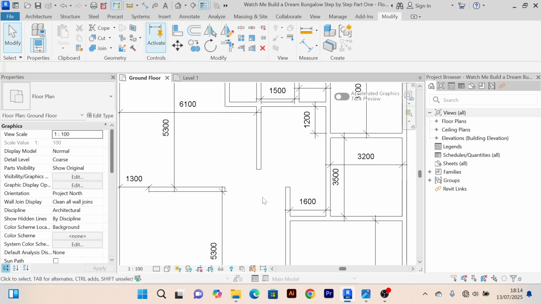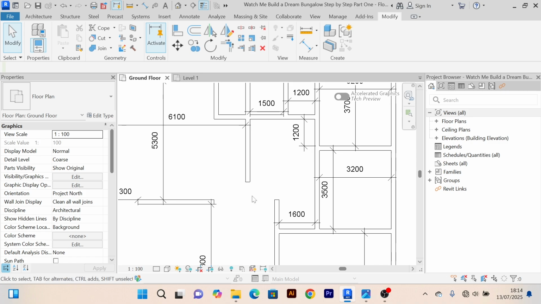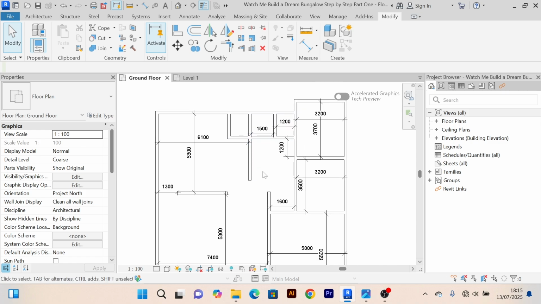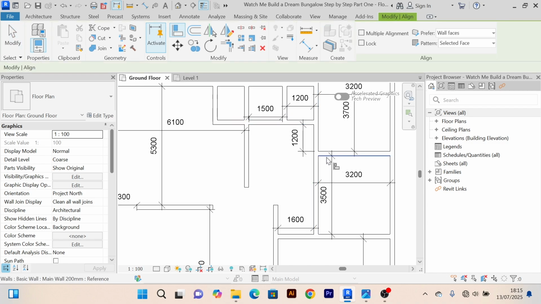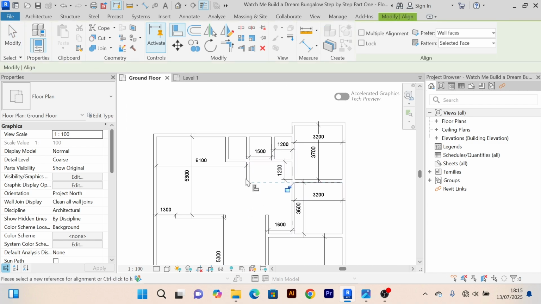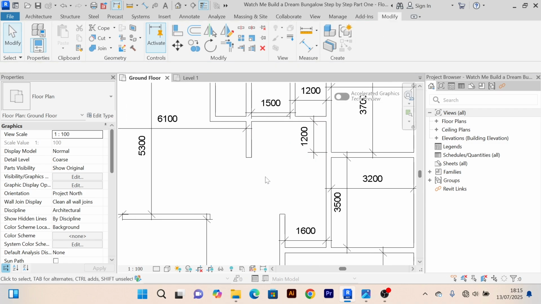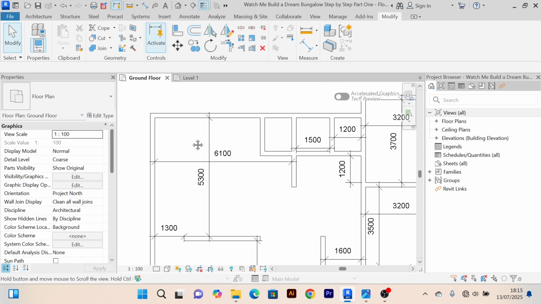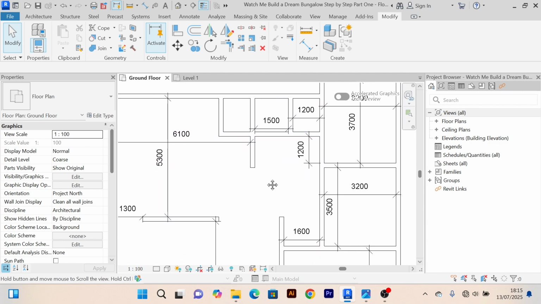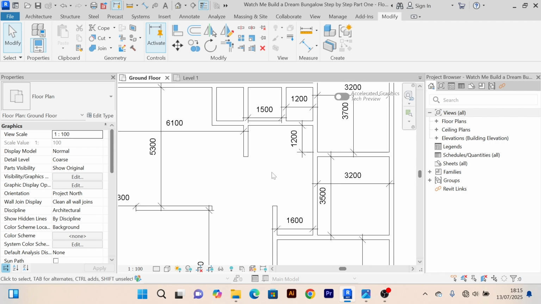But I think we shall still need to bring this one. So I need to bring this one. I will extend it that way. No, we'll bring it here, because I still don't see. Let me align it with this wall here. So I'll come to the align tool. I'll click on this side. Then I'll align it with that one there. Just like that. Now, if you are sitting here, this part is a little bit covering. I think it is basically covering from the kitchen,